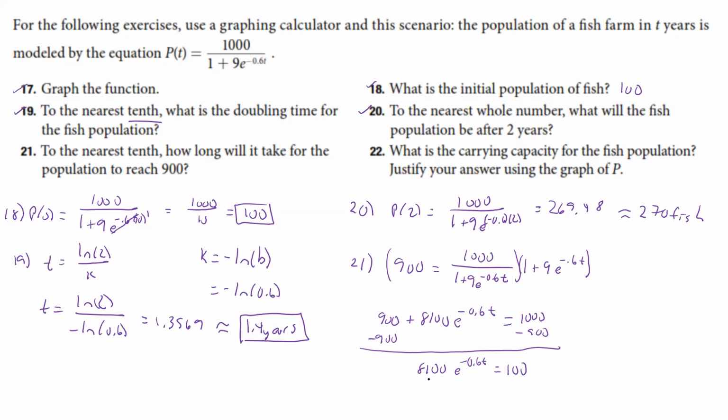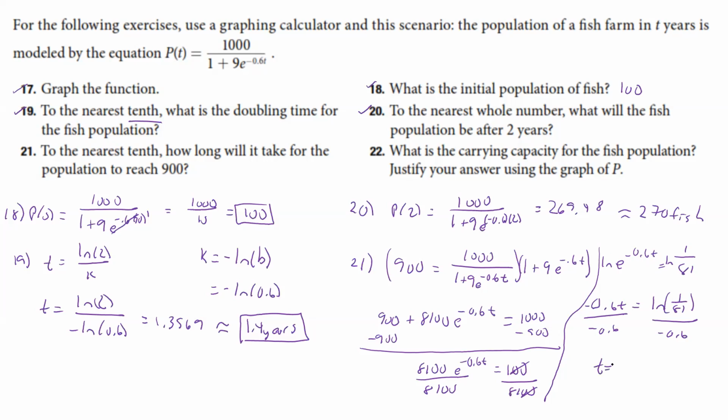And so now we have to get rid of the 8100, so we're going to divide both sides by 8100. And so now what we have is e to the minus 0.6 t equals, now 2 zeros cancel here, 2 zeros, so we get 1 over 81. Now we're going to take the log of both sides, and it's going to be the natural, so ln, so we get a negative 0.6 t equals, and the ln of e is just 1, so we can drop it, and then we have ln of 1 over 81. Now we divide by a negative 0.6,